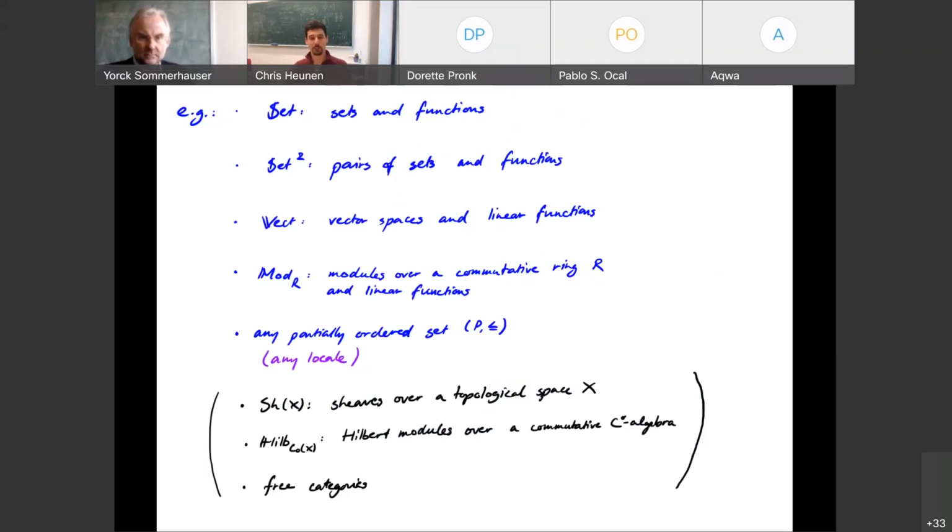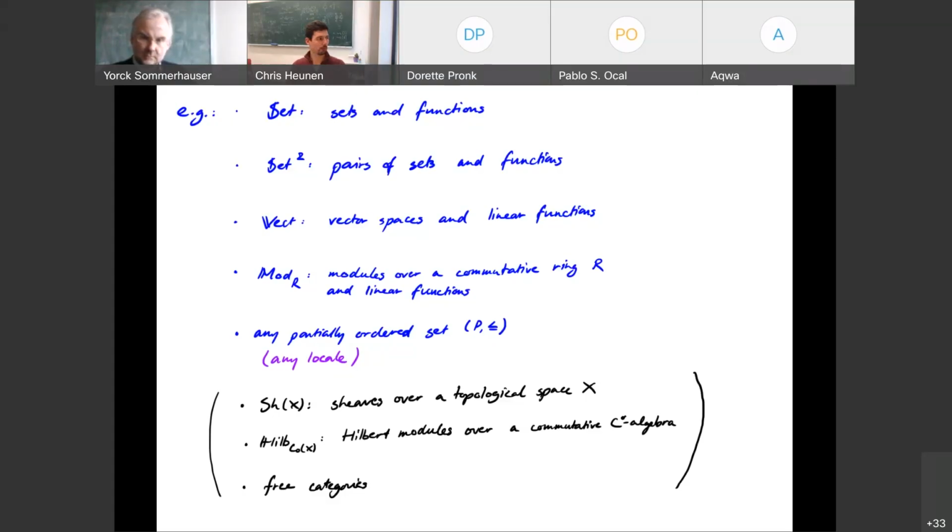What are some examples of these things? The very basic example that you will think about first, most probably, is where the objects are sets and the morphisms between the objects are functions. Right? Because of course, between any 2 sets, I should say small sets, I guess, there is a set of functions between these two, and if I have a function from A to B and a function from B to C, I know what it means to compose these two functions. So it's a very, very simple, in a literal sense, category.